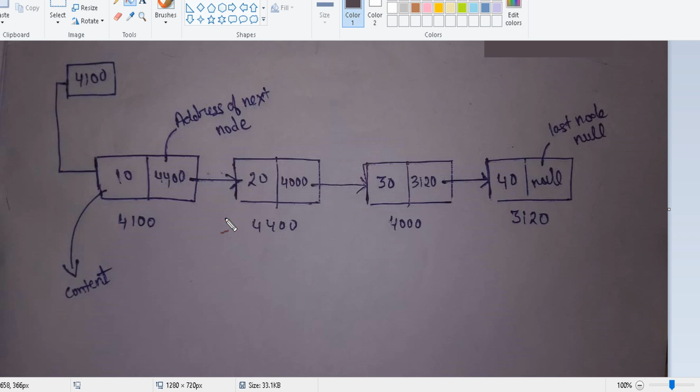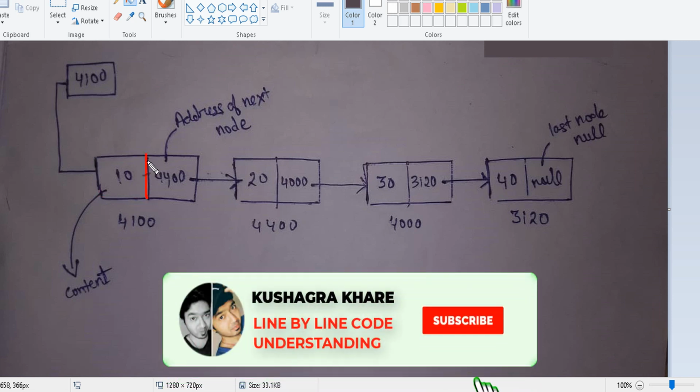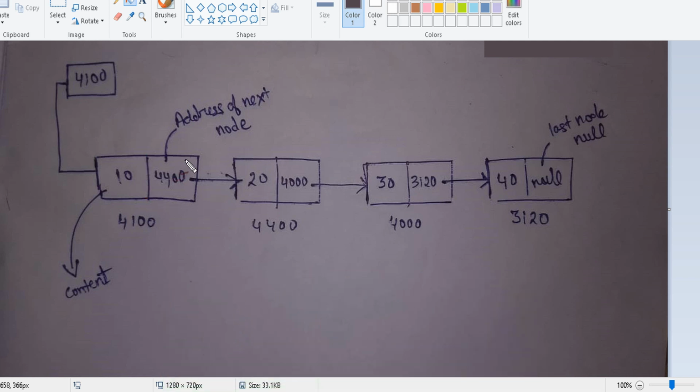This part is called the content, and this part is the address of the next node. This part contains the address.